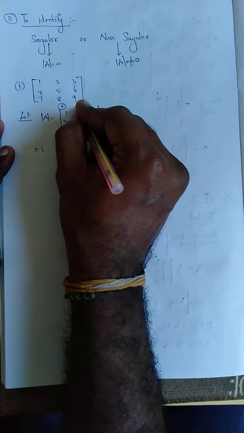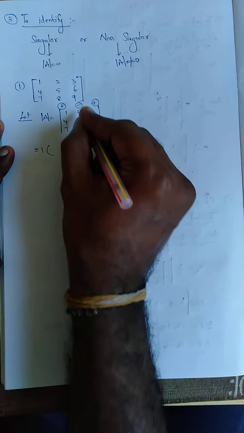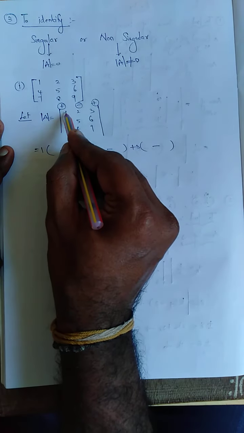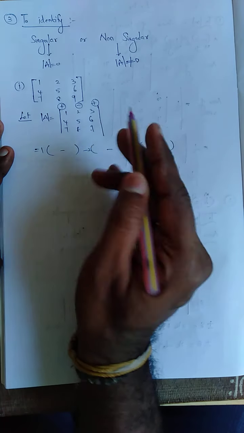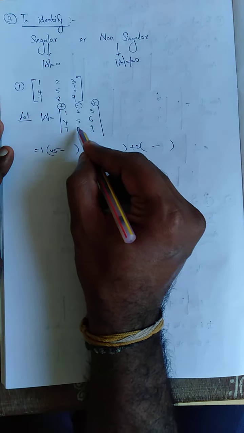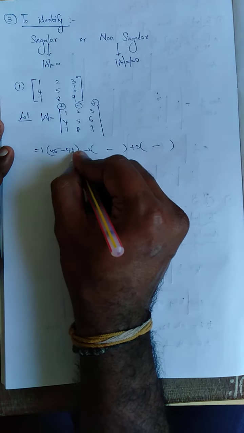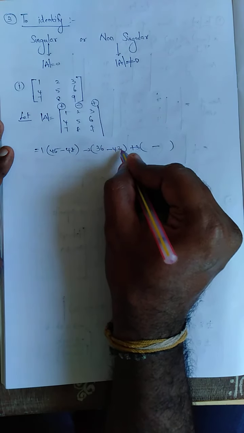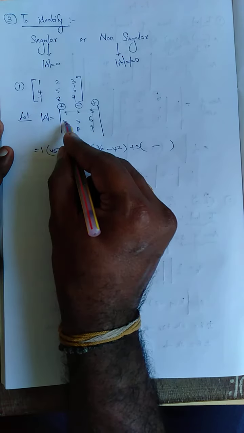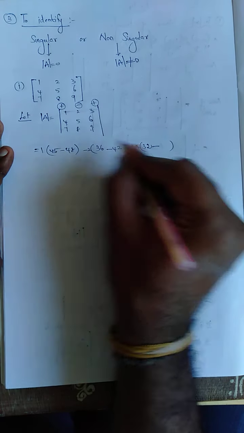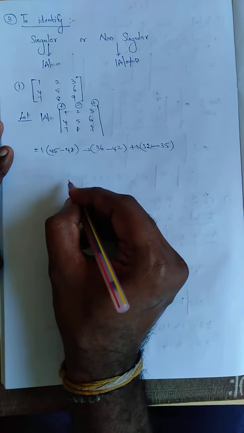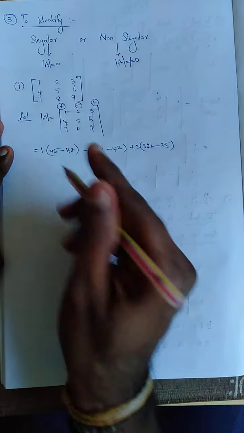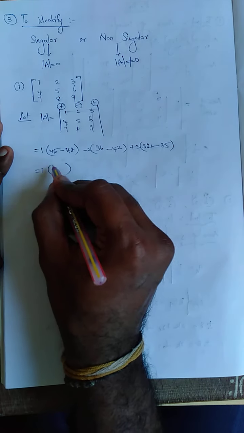So plus minus plus. 1 open the bracket, minus 2 open the bracket, plus 3 open the bracket. If we take this one and this one, 5 9s are 45, 8 6s are 48. Next for 2, this row and this column, 4 9s are 36, 7 6s are 42. Next for 3, this row and this column, 4 8s are 32, 7 5s are 35. So answer is going to be 1 minus 48 plus 45. 1 minus 48 plus 45 is nothing but minus 3.